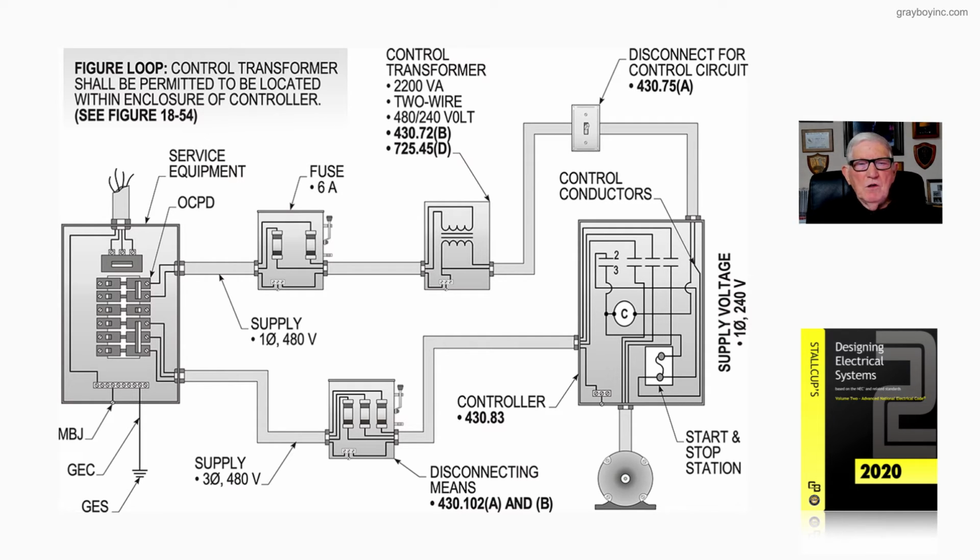And then we show a 480 volt system supplied through a disconnect with fuses supplying the line side of the controller. Now, we're reviewing 430.72(B) for the branch circuit supply to the line side of the controller. But for the controller, we're looking at